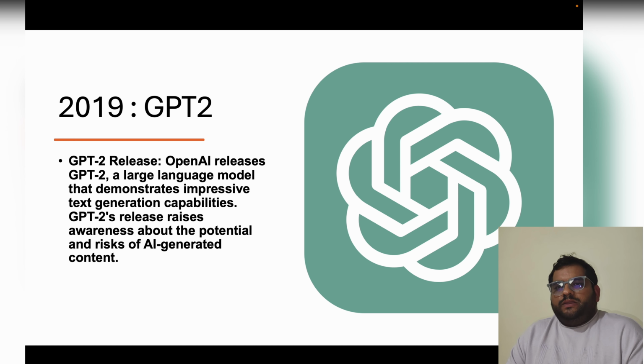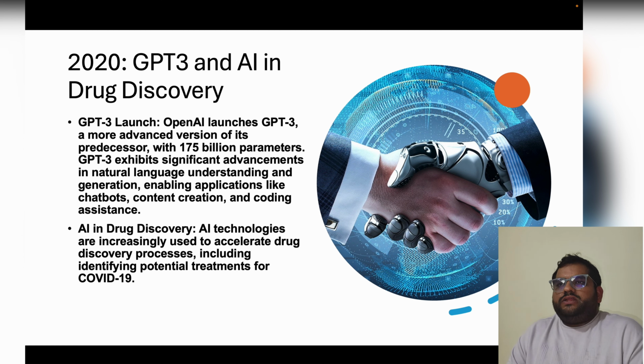In 2019, GPT-2 came up. There are multiple LLM models, but I will be focusing on GPT. In this GPT-2 era, this was an LLM model which was doing a little of what we are doing right now. It was a basic one, but it showed what potential it had. In 2020, GPT-3 came up, and there was a huge thing happening. It was trained on 175 billion parameters, and the NLP world changed after that.